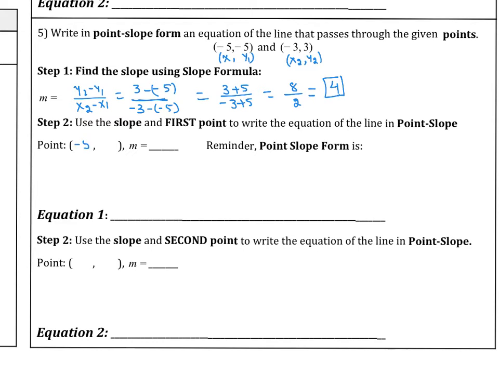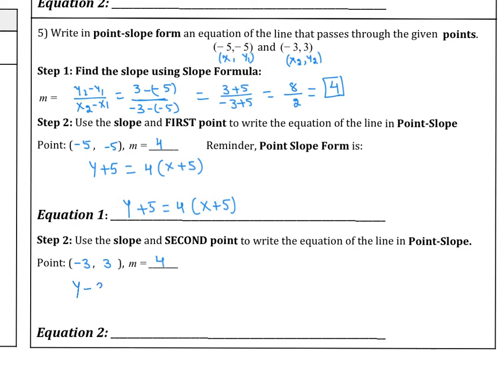We're going to choose the first point, -5 comma -5, and the slope is 4. Use the opposite sign. If the point is negative, it's going to be x plus 5. So y plus 5 equals 4 times x plus 5 is the first equation. Now you're going to choose the second point and the slope is still the same,